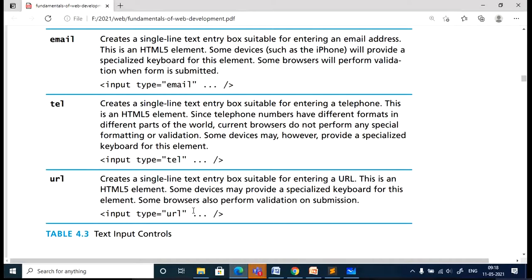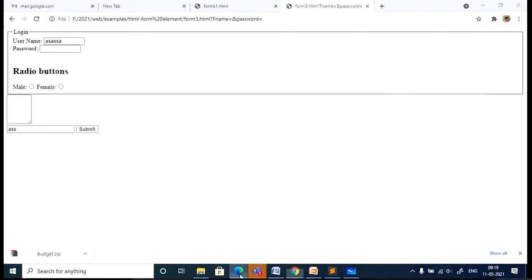Similarly, you can go with the URL. If I use it now, I may not see exactly the result. Once you design a particular form, for registration, just try to use this and see whether it is validating that particular text. Not all browsers do; some browsers will perform the validation when the form is submitted. If you are not entering anything and submit, it should tell you it is empty. Let me show you an example for this. It is there in the textbook.